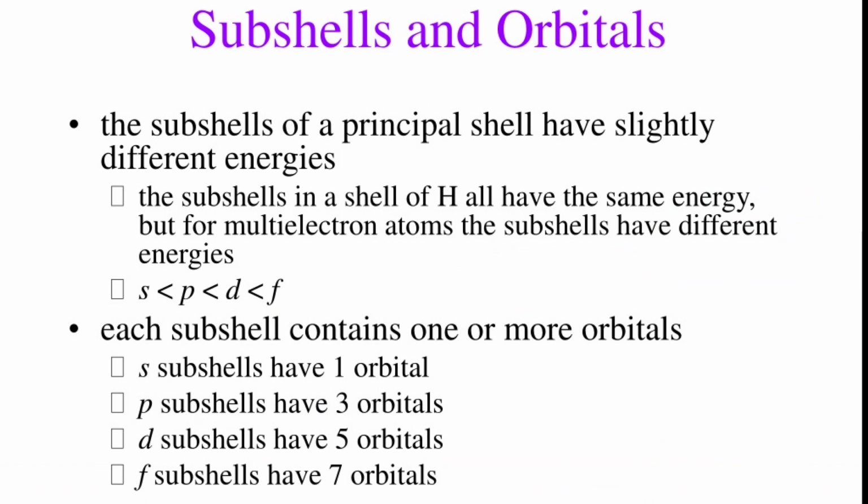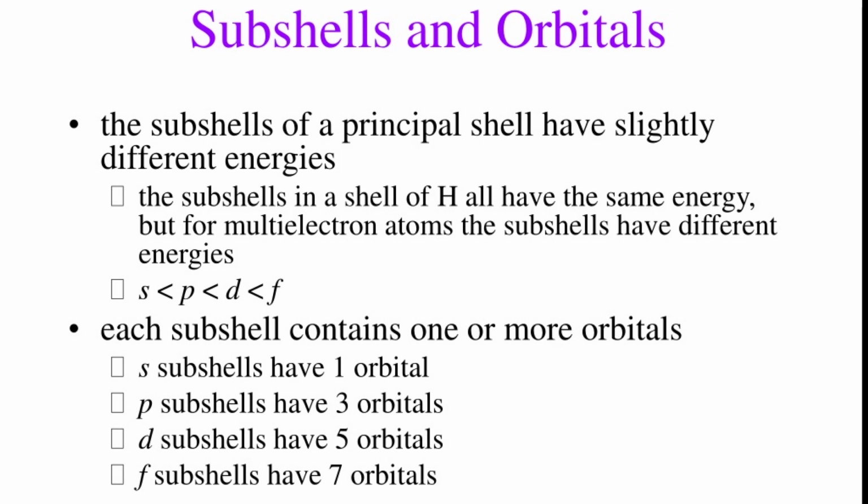Next, we shall see about suborbitals or subshells or sub-energy levels. Okay? It is a subdivision of the electron shell. What are suborbitals or subshells? It is a subdivision of the electron shell. Here the subshells are denoted by the letters S, P, D and F. What are S, P, D and F? S means sharp, P means principal, D means diffuse and F means fundamental.